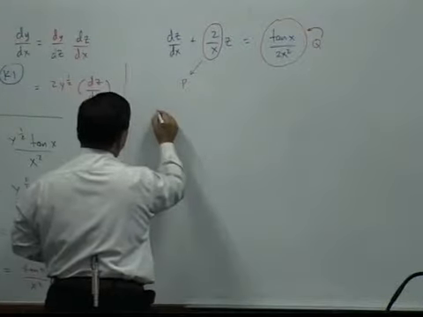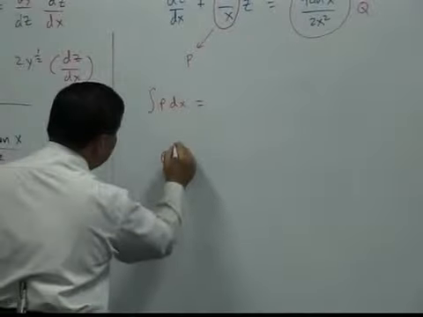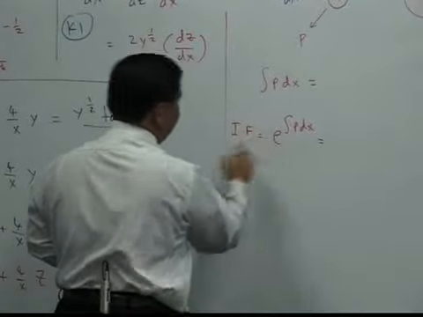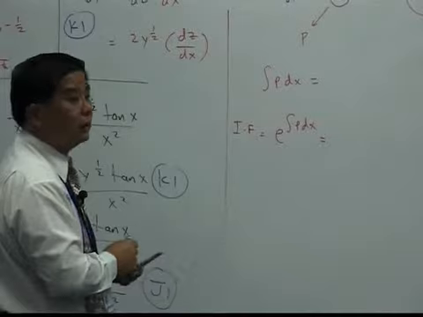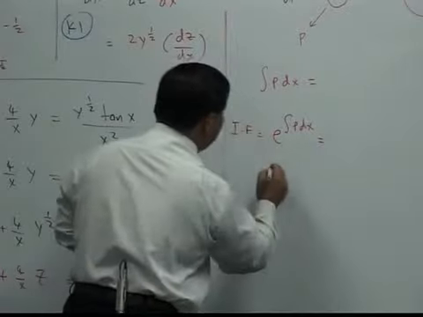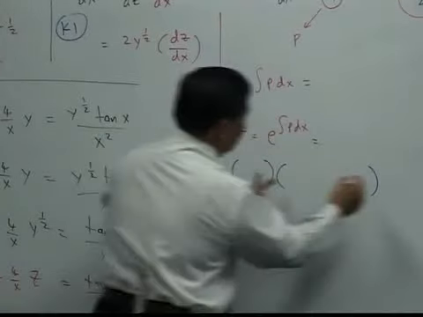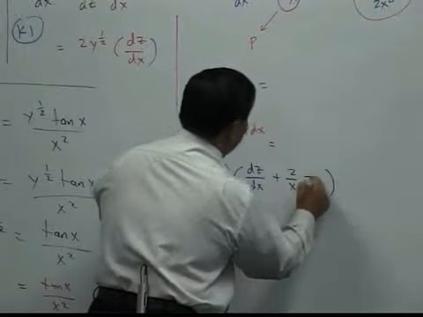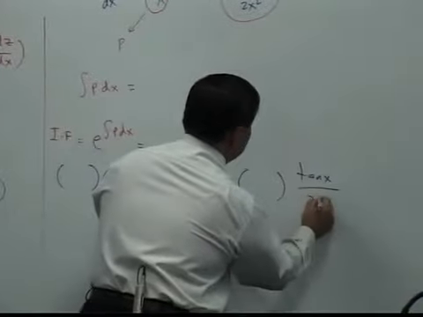So if P is there, definitely you can find out what this integral is. Then only you should come across this guy. This is our integrating factor. And you multiply everywhere by the integrating factor. Look at the framework. I just write down the framework first. Next, you are supposed to multiply everything by this integrating factor. Whatever the integrating factor is, you multiply by the dz over dx plus 2 over xz equals to this integrating factor multiplied by tangent x over 2x squared.